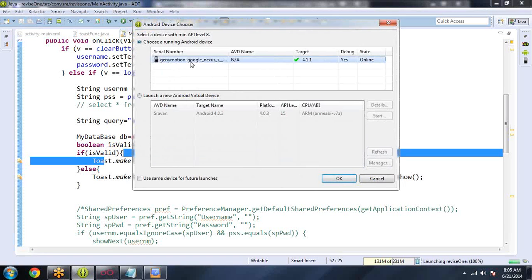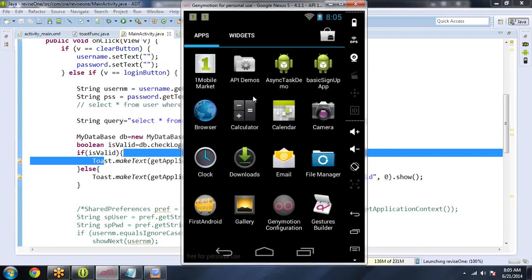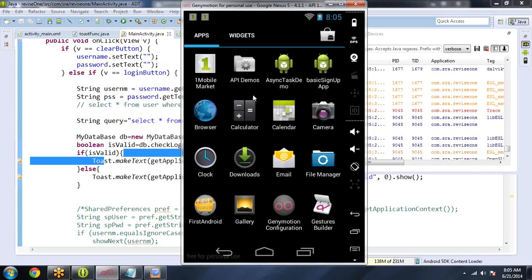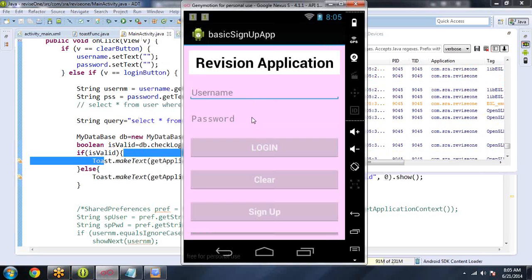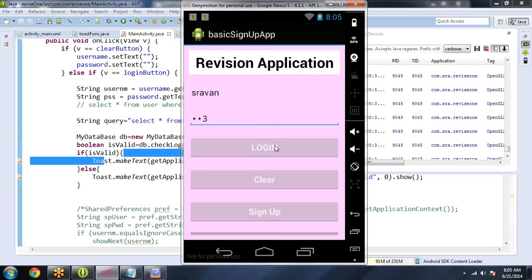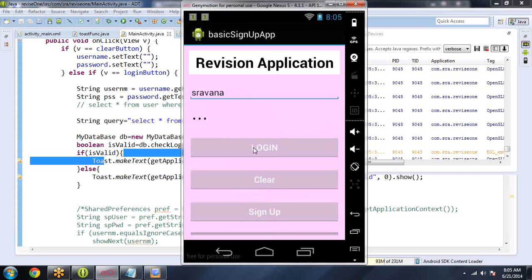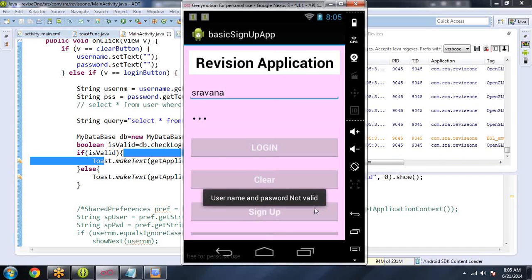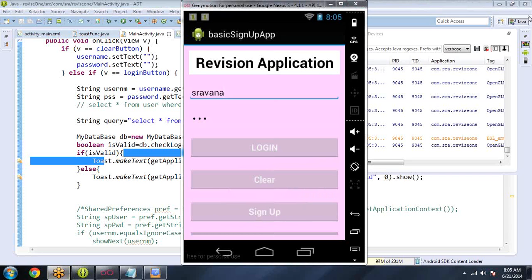See, directly I'm entering username Shravan and password 1, 2, 3. When I press login, it shows success. Suppose I enter username Shravana A, then when I press login, it says username and password not valid. Is it clear? Or any doubt in this? It's clear. Okay. So Barnali and